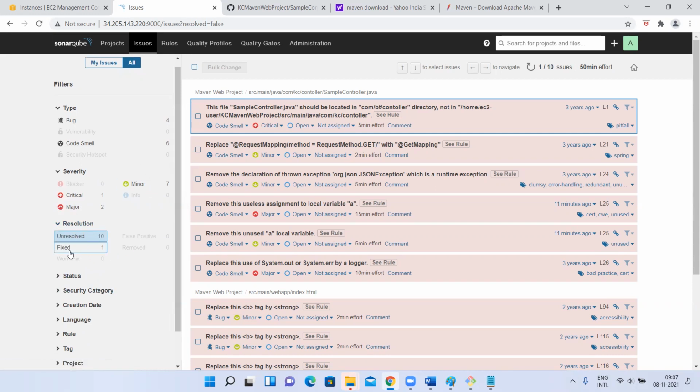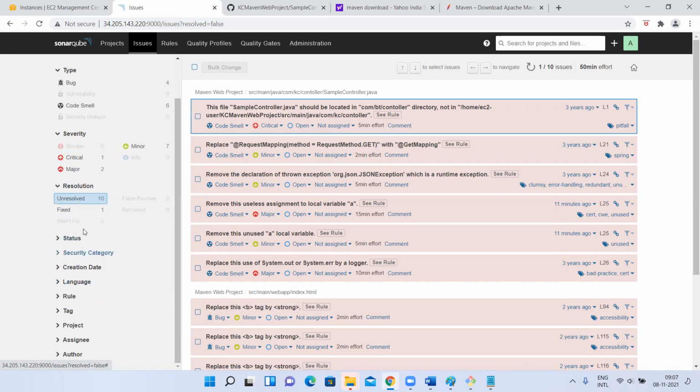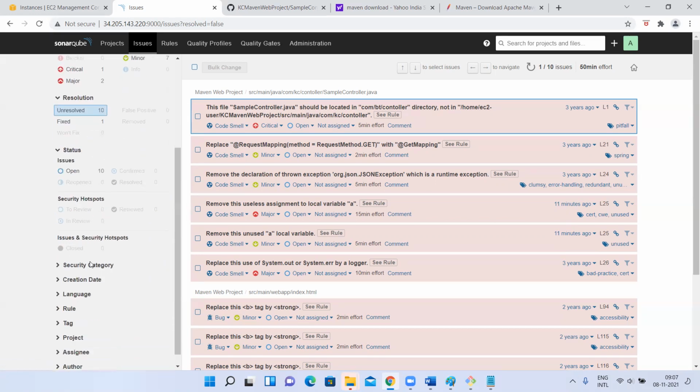Total 10 are there. In that, we fixed 1, right? The public. So how many have you fixed so far? 1 we have fixed. Like this also, it is going to show. Cannot be fixed. How many cannot be fixed? It is showing that also 0. Means you can fix all, it is saying. Next, status. Opened, there are 10 opened issues, right? Fixed 1, like that, it is going to show.